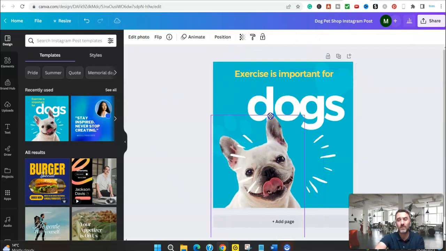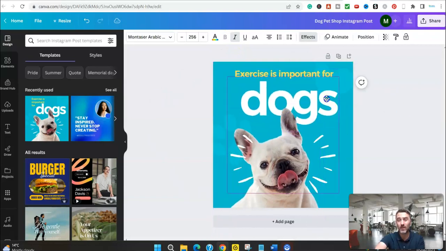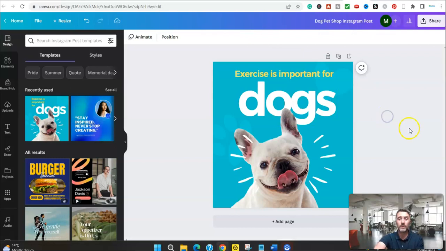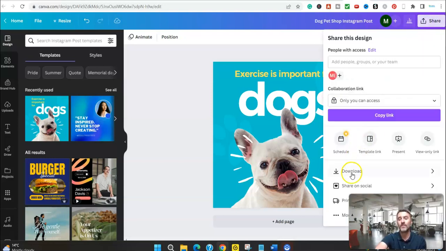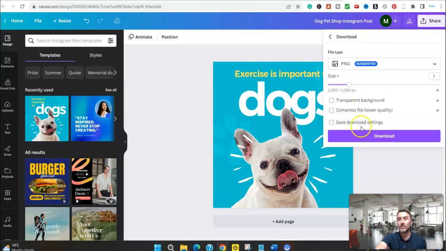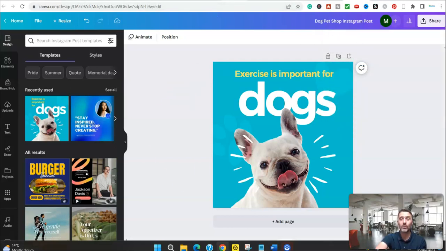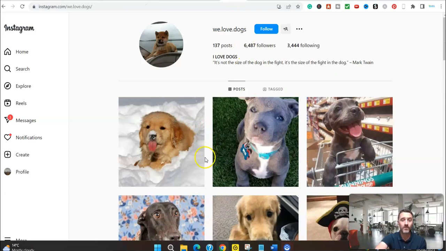I've shared videos on Canva so many times in the past just because of how easy it is, okay? But all we're doing here inside of Canva is using it to create our post. Once we're happy with our post in here, we come up to share, come down to download, and then we just download this as a PNG file. And then we are uploading that onto Instagram using our hashtags.